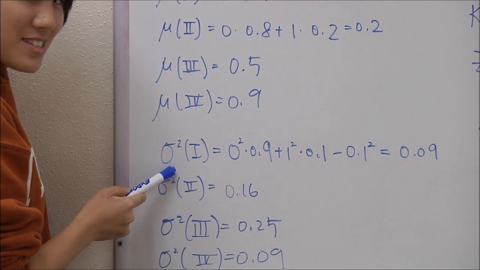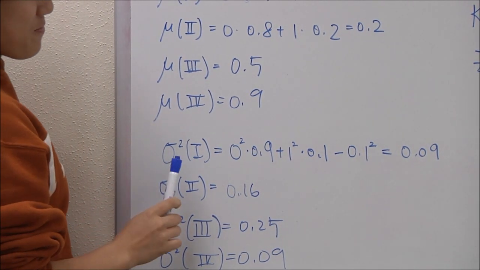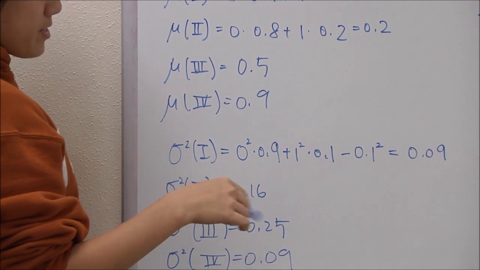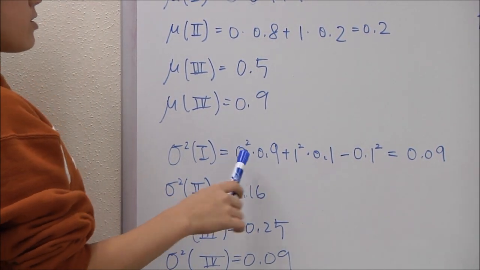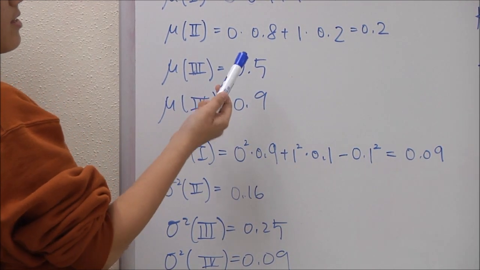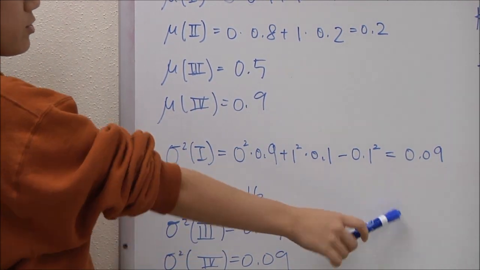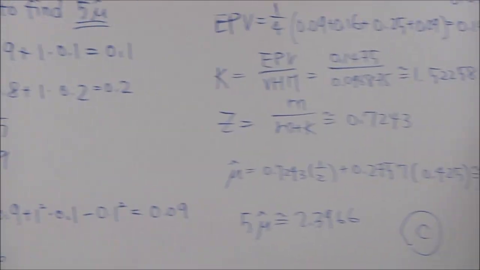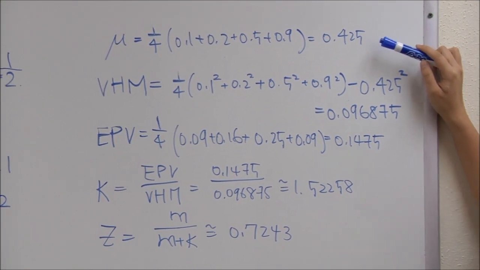And sigma square of class 1 is just the variance of class 1: you take the square of each claim times its probability minus the mean squared, which is 0.09, and then you repeat what you did. Okay, so moving on to mu,